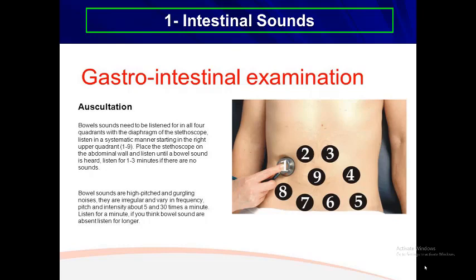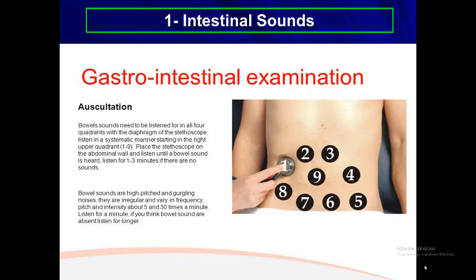First, 7 items are to be discussed in auscultation of the abdomen. The first item is intestinal sounds. Bowel sounds need to be listened for in all 4 quadrants of the abdomen with the diaphragm of the stethoscope.